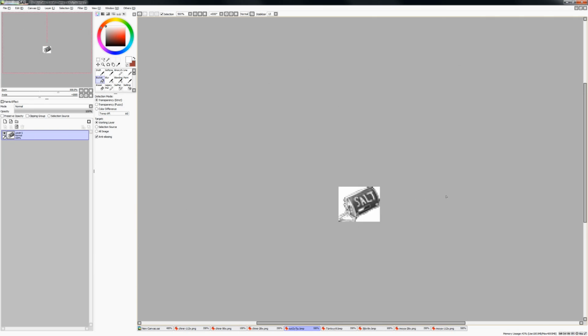So, one of the things that you really have to worry about is what it is going to be seen on. In most cases, it's going to be seen on a white background. But don't take that for granted, because Twitch does have a dark mode. Especially if you use an extension, you can make the whole thing black, which means that translucency is important. So it's important that even if it's seen on a white background or a black background, you can still tell what it is.